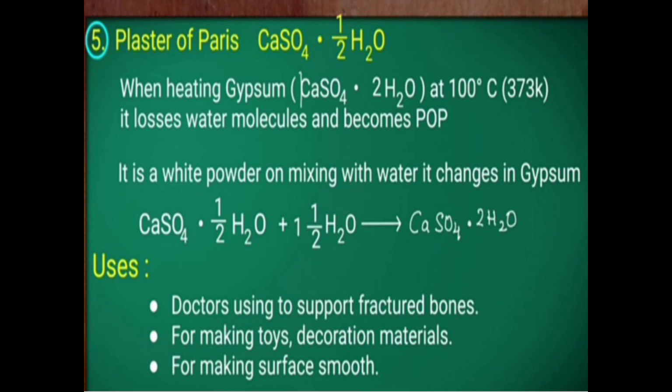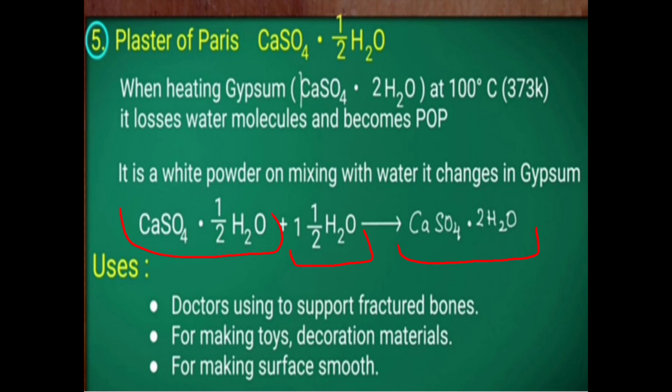It becomes plaster of Paris. In a similar way, this plaster of Paris is a white powder, and on mixing it with water, that is CaSO4.1/2H2O, this is the whole plaster of Paris. When calcium sulfate hemihydrate is mixed with 1.5 molecules of water, it gives us